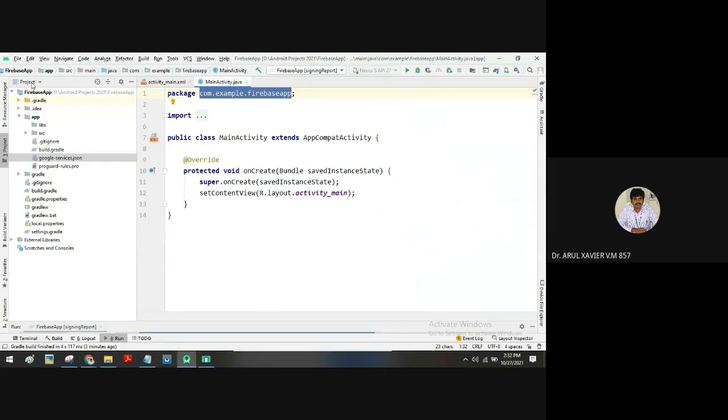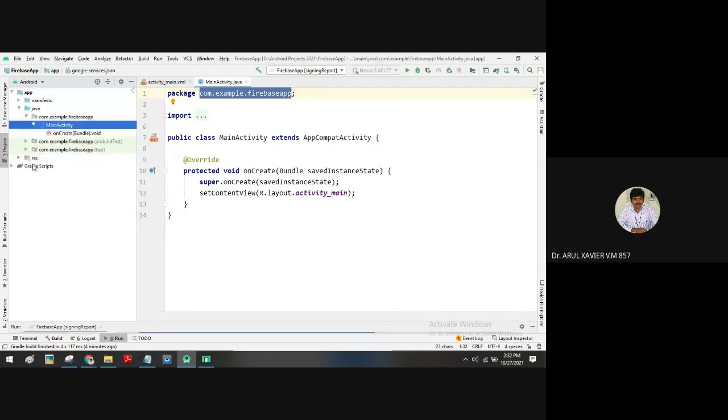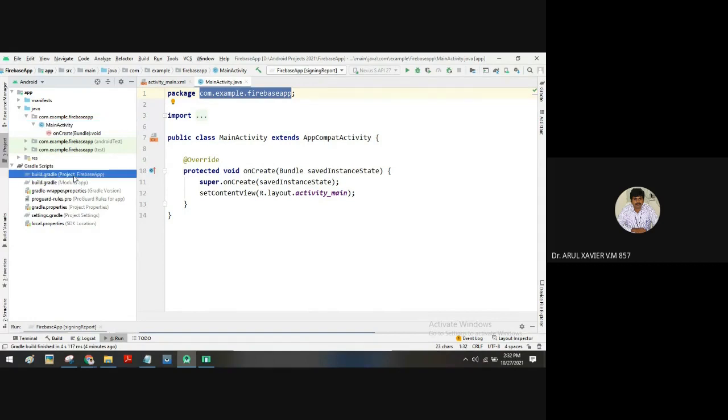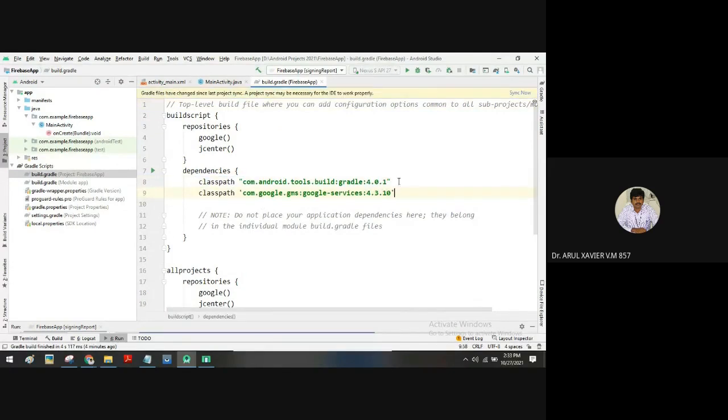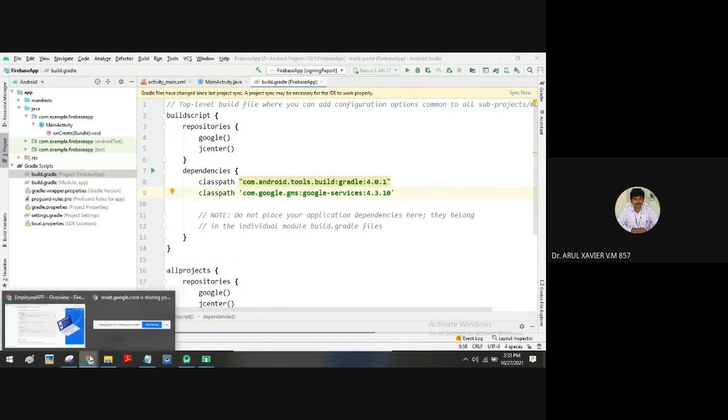Listen carefully. Again you have to change it to Android mode, that is in the project structure. In Android mode, there is a Gradle script. Inside Gradle script, there is a project directory, right? Sorry, the project Gradle file. Inside, you already have this one. So after that line, just paste that code. This is one step you have to do.